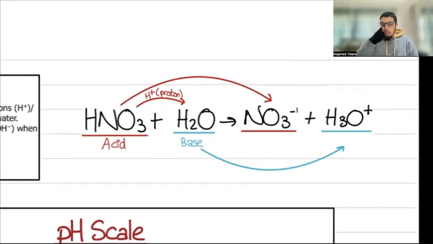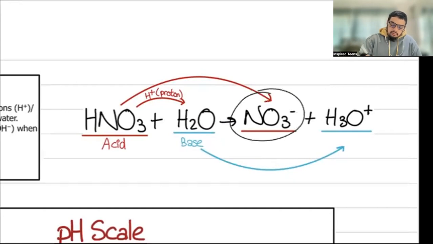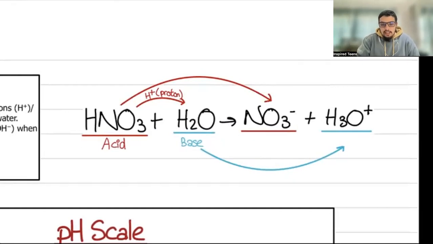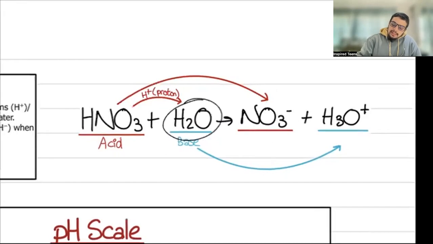It got rid of one singular positive charge, which is that H plus ion, and because of that, it became one negative, because it's losing a positive charge. So I hope that makes sense and that's clear. Two things. HNO3 becomes NO3 minus after it donates the H plus atom, and H2O becomes H3O plus after receiving that H